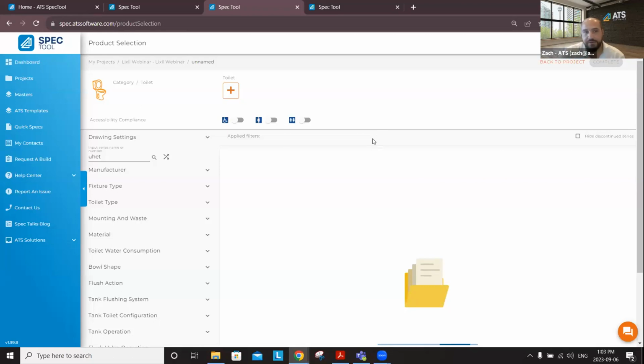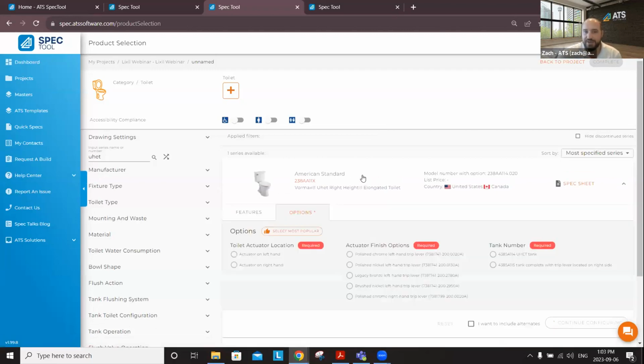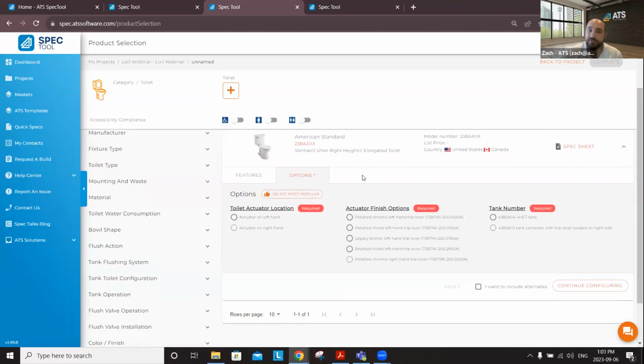Yeah, it's great for helping you find the right selection, whether or not you know exactly what you're looking for, or if you want to filter down to find more, maybe get some recommendations. And in terms of recommendations, we also have our select most popular function. So if you don't want to go through the trouble of configuring your individual selection,